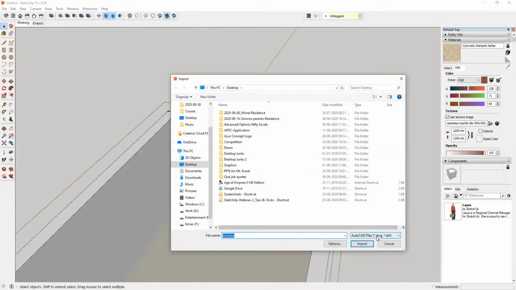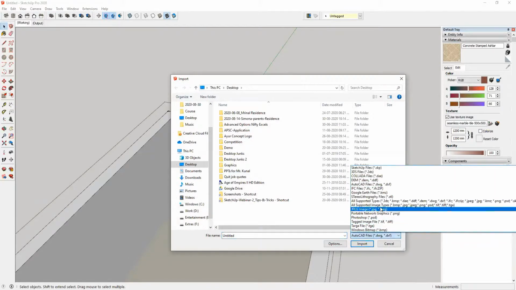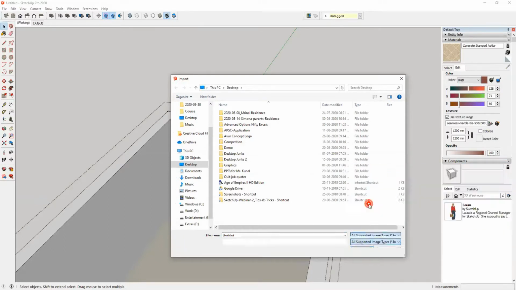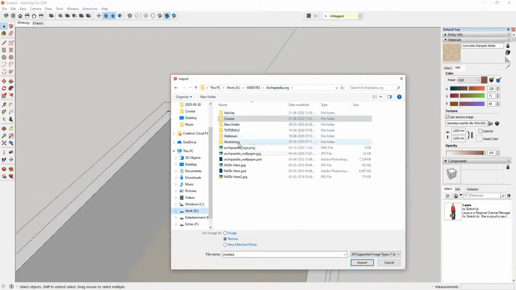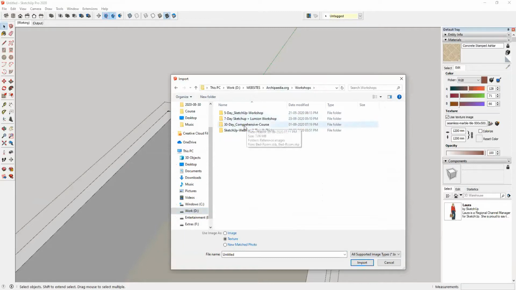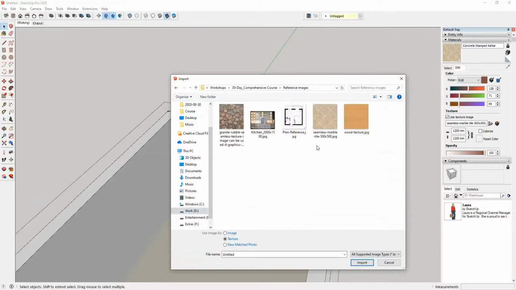Now here make sure you select all supported image types and not SketchUp or any other types. Make sure this option is selected, all supported image types. And I will go to the same folder and pick up